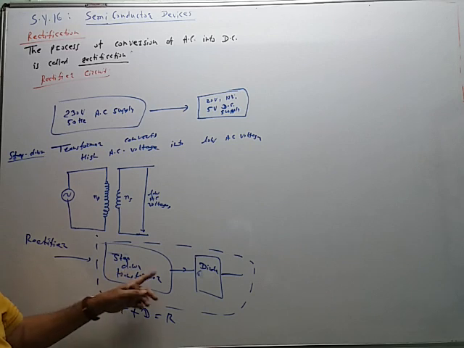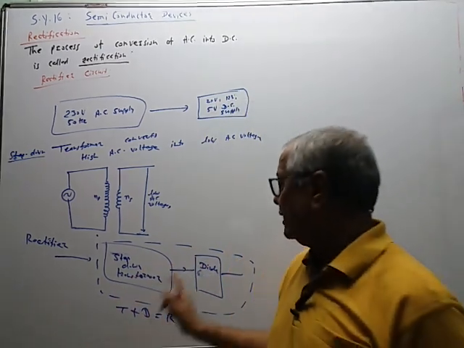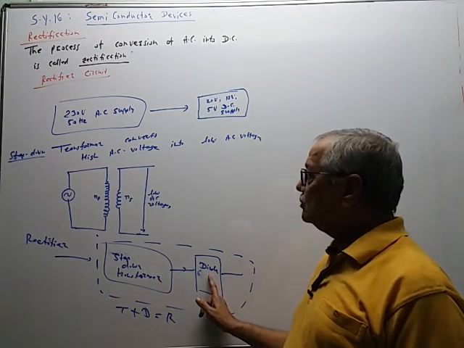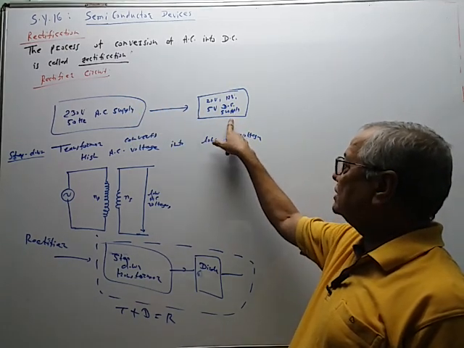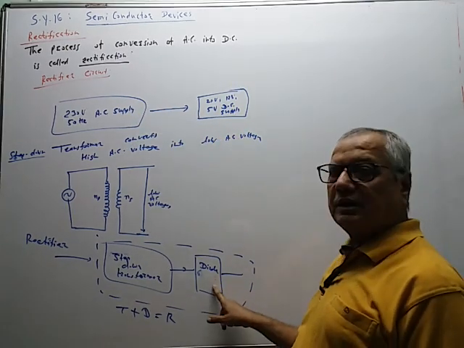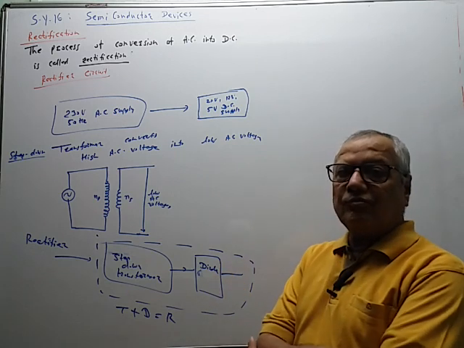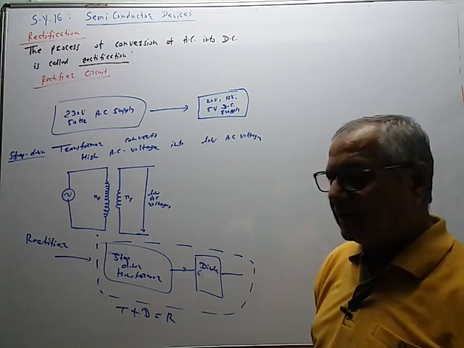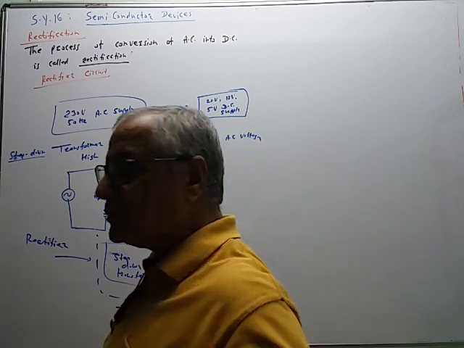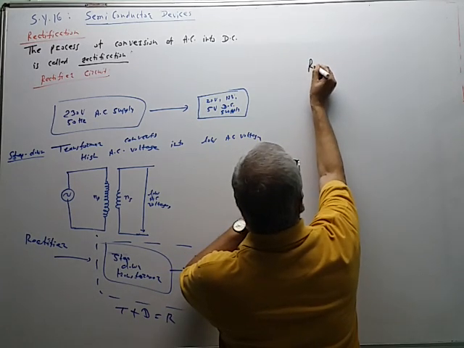So now we know the meaning of the rectifier. Rectifier circuit requires a step down transformer and a diode. Why is a diode used? Because a diode allows the unidirectional flow of current. So DC is available by using the diode. So when only one diode is used in the circuit, then it works as a half wave rectifier. So half wave rectifier and full wave rectifier, these are the two types of circuit. So a rectifier circuit has these following types.